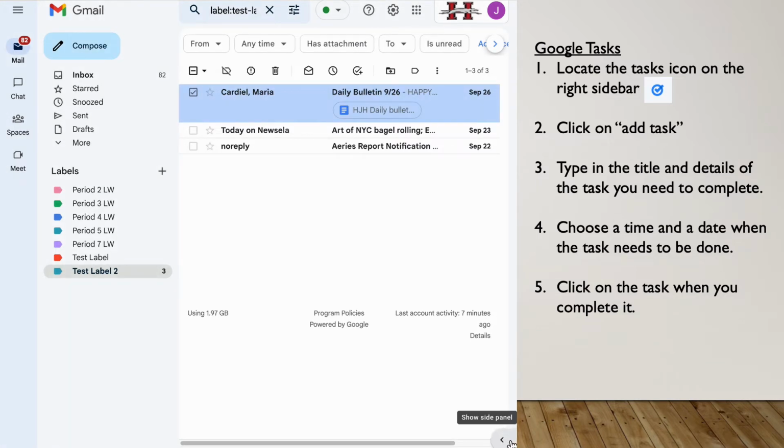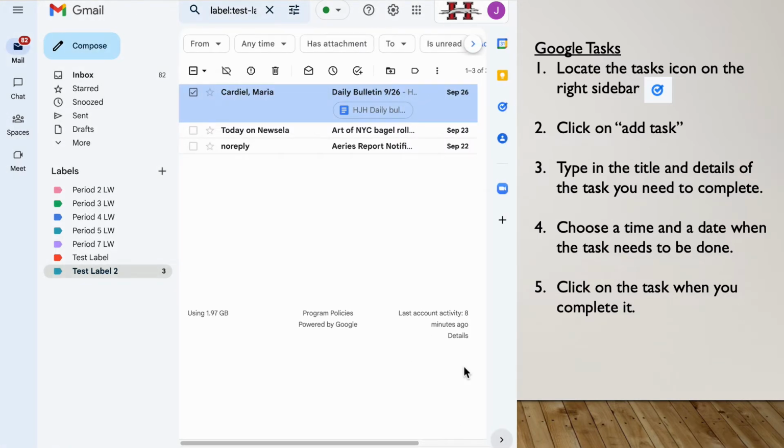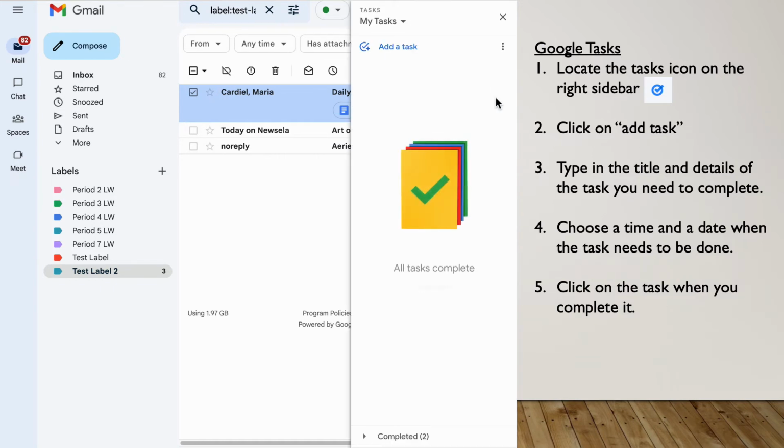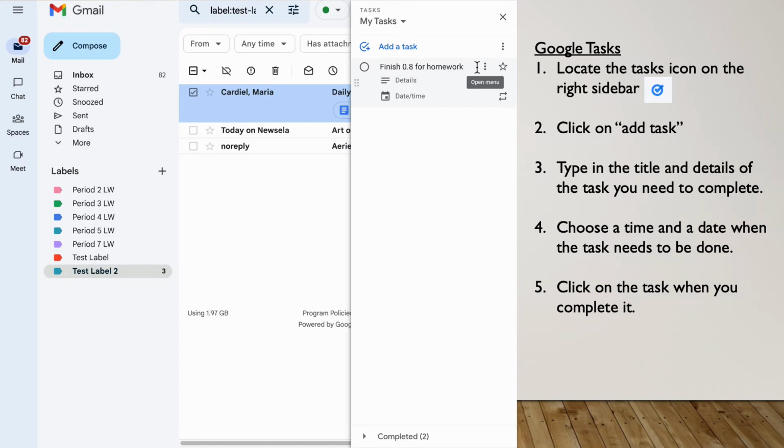So first, it might be tricky to find the sidebar, but it's in the bottom right-hand corner, and if I click Show Sidebar, I'll be able to find the task icon. It's easy enough. I click Add Task, and now I have an item on my to-do list. So I'm going to click and type in Finish 0.8 for homework, because that's an assignment that I need to